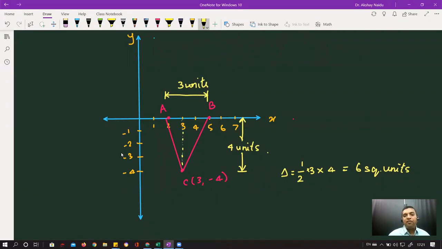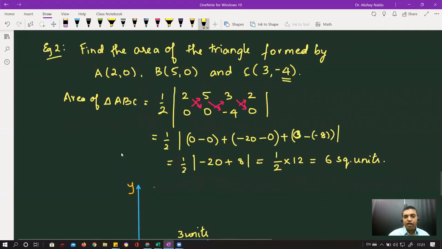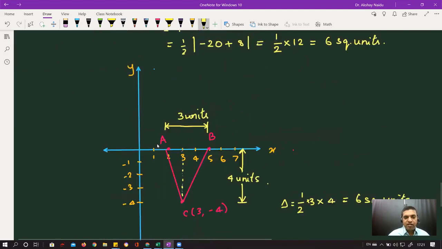So half base into height. So this is another way to do it. Especially when you solve competitive exam questions, you will waste time doing the formula, but if you calculate mentally, you can do it very fast. Okay, so this is one approach. Another, second